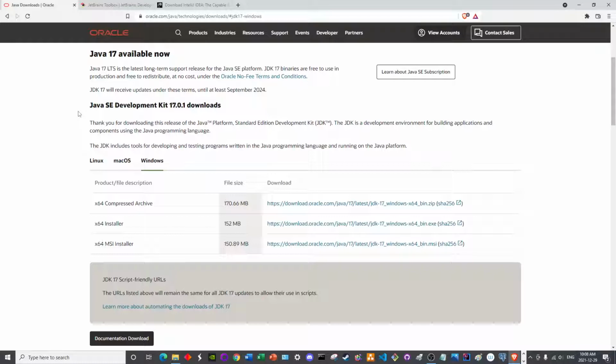So it seems, because I use 11, or was it 15? I do not remember. I have not visited the Oracle website in a long time. I think it was about a year ago when I downloaded my JDK for educational purposes. So now they have the JDK version 17 and it is LTS. So we will start with downloading